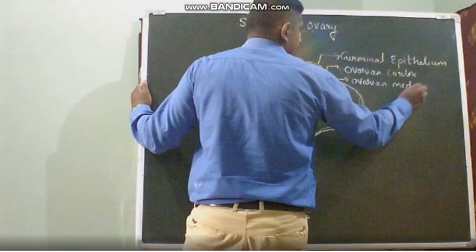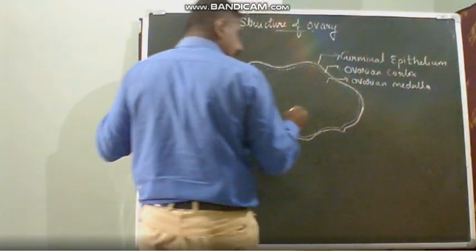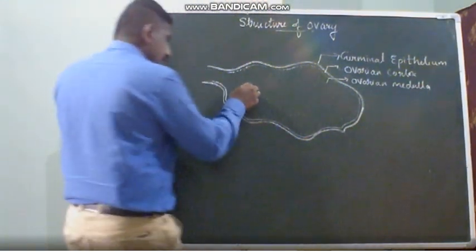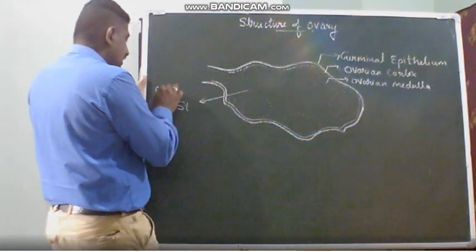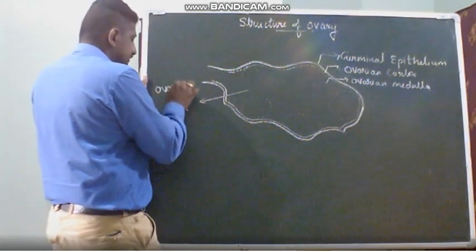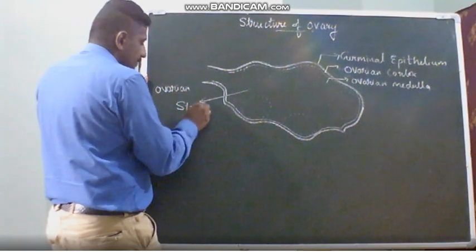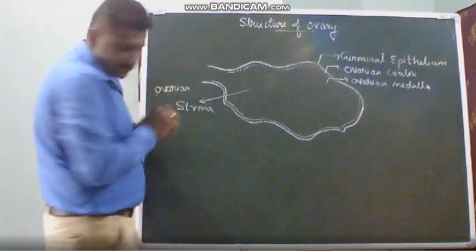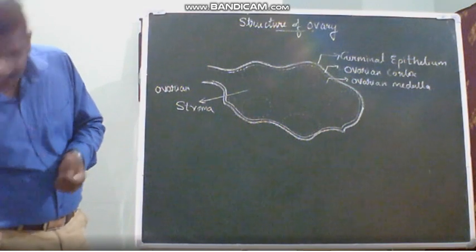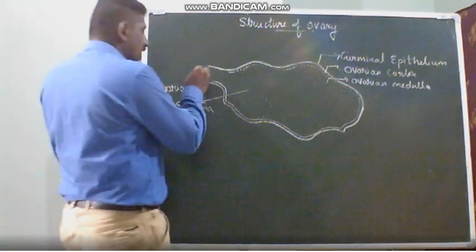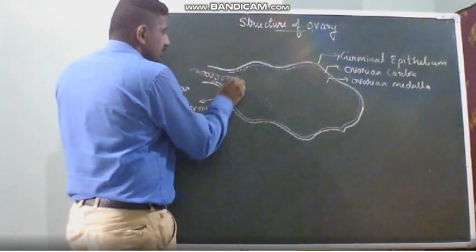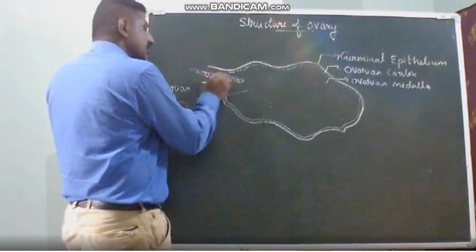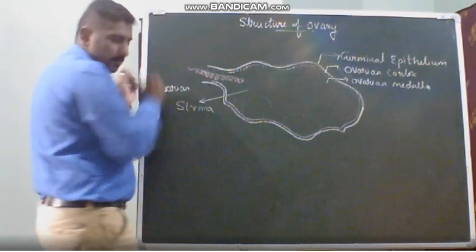Next, this is called as your ovarian medulla. And the ovarian medulla is filled with a fluid. This fluid is called as the stroma, or you can say ovarian stroma. Ovarian stroma. In this, even the blood vessels also go along with them. So we'll be having the blood vessels also, which run here, because they also must be nourished. Even the ovary is also having some hormonal functions.